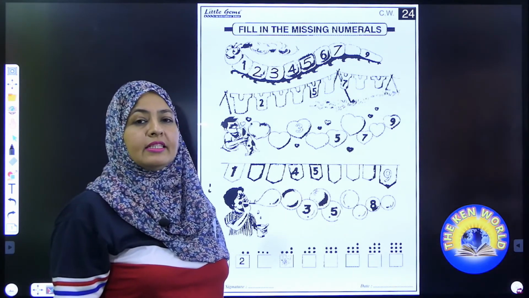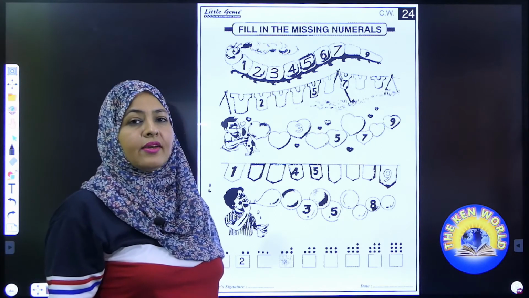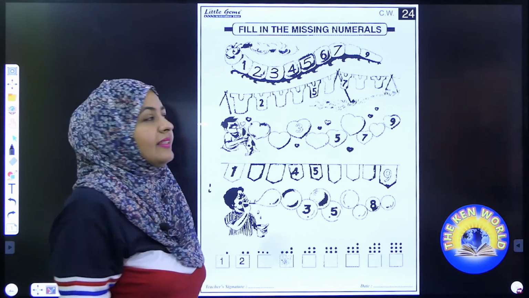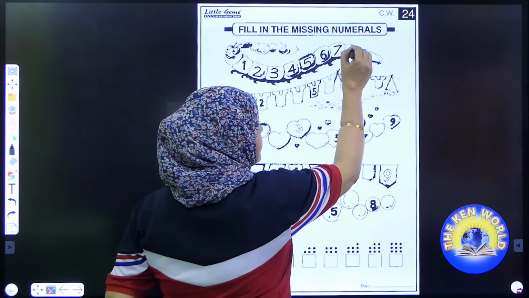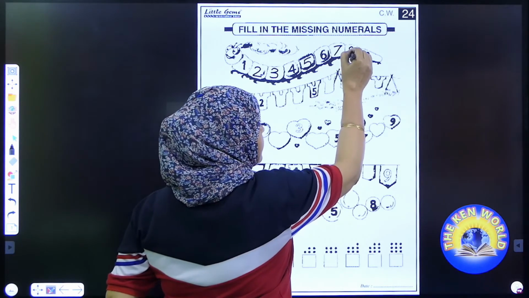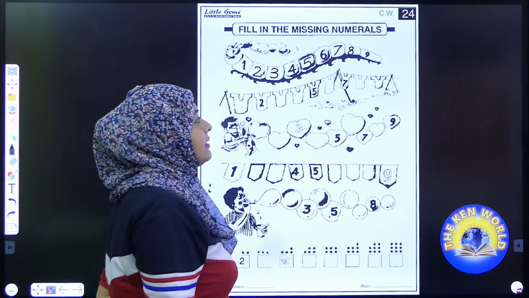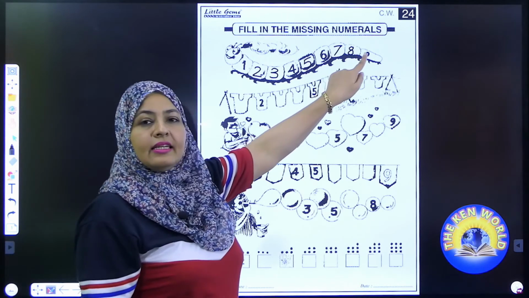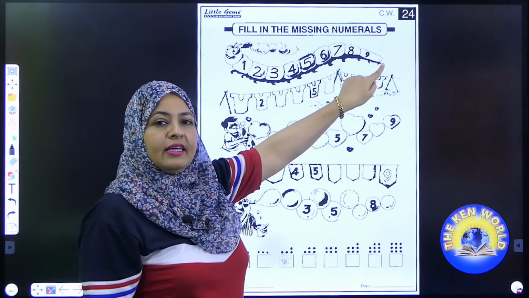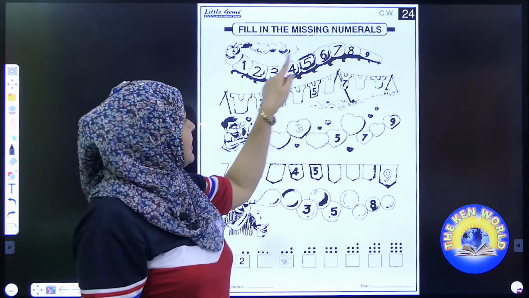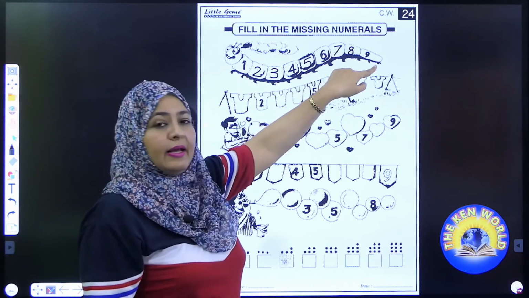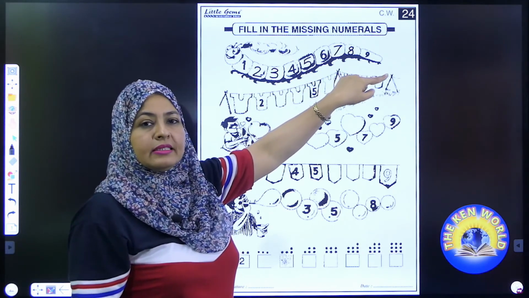Speak out the next number. Great. Number 8, which is not here. So write here number 8. After 8, it's 9, which is already here. So in this way we have filled the missing numbers.